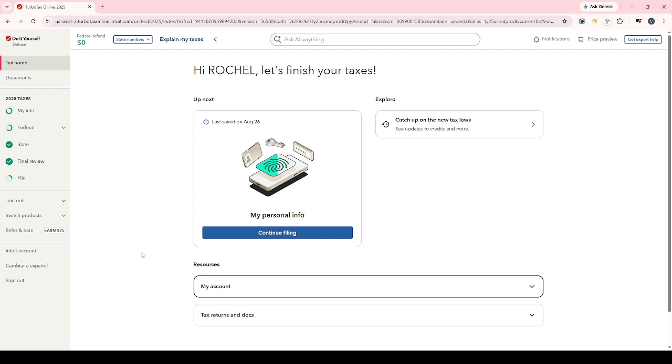Next, proceed to e-file your return. Follow the instructions on screen to complete the electronic filing process. Read each confirmation page carefully so you understand what is being submitted. Before sending the return, make sure everything is complete and accurate, because filing officially transmits your tax information. Finally,